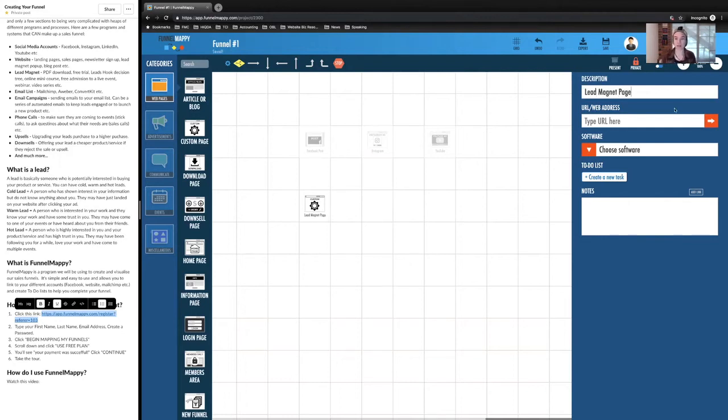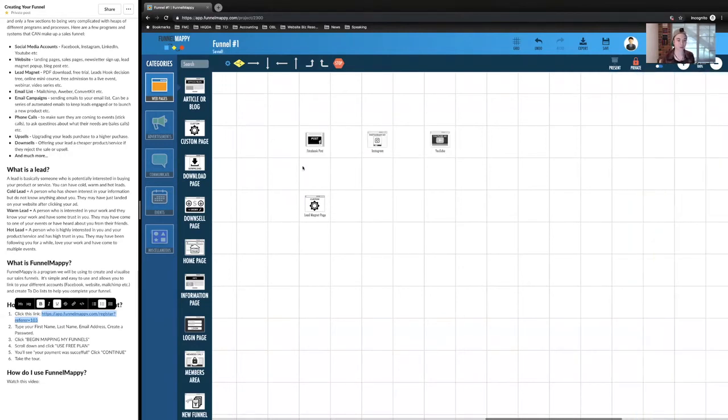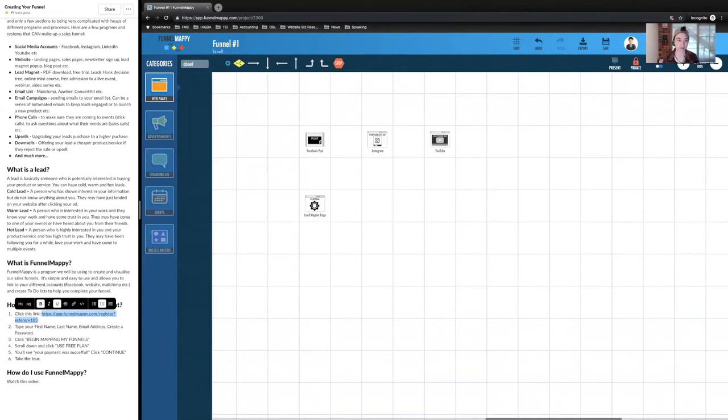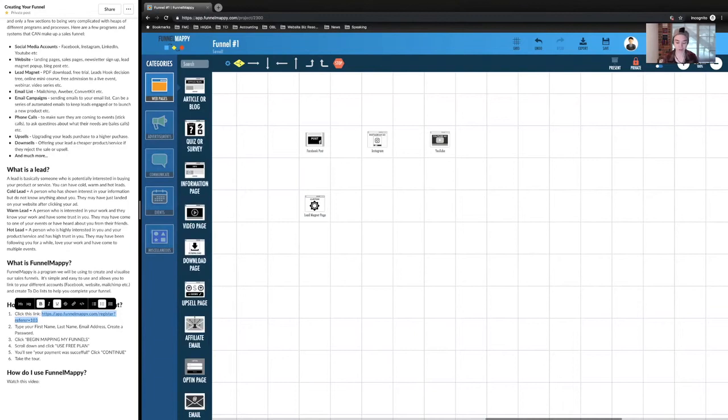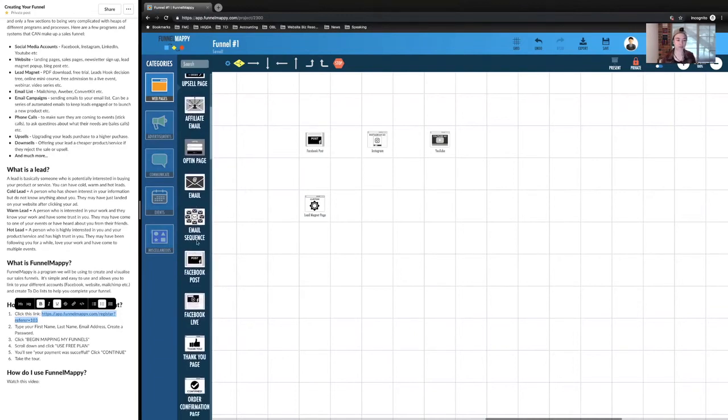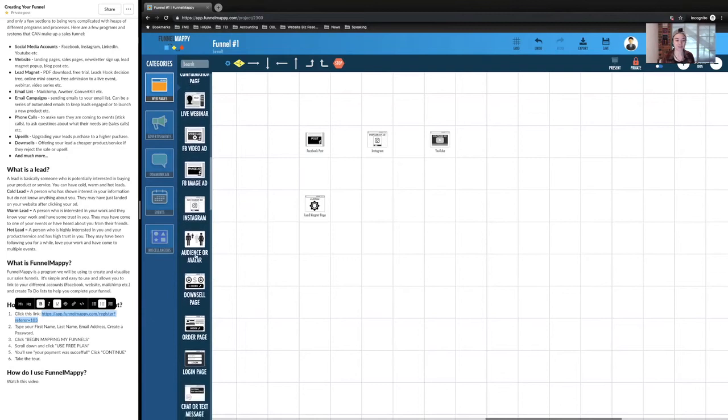It could be a pop-up or something like that. Or you could type it in. You can have all of your different pages here. It's an opt-in page, an email, a thank you page. Look at all these pages.